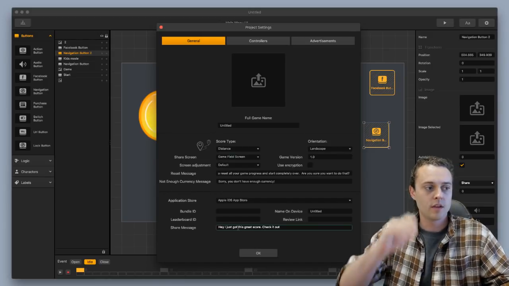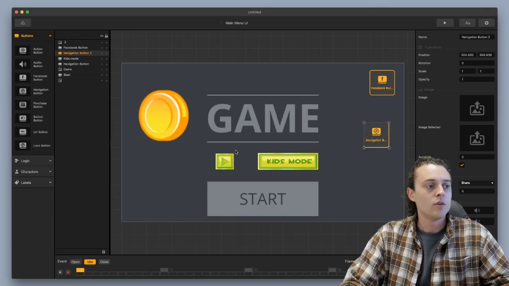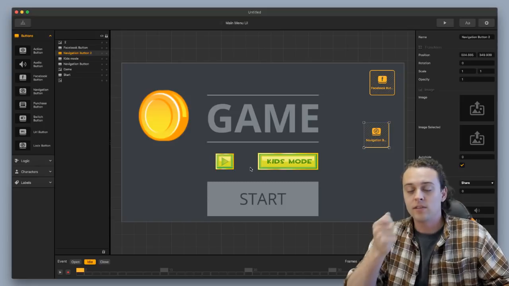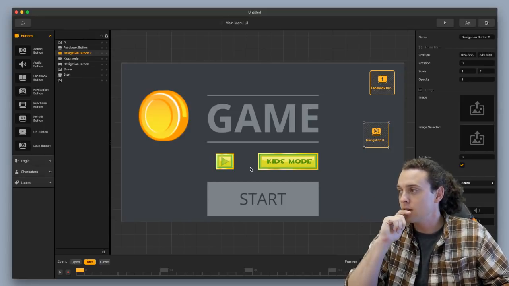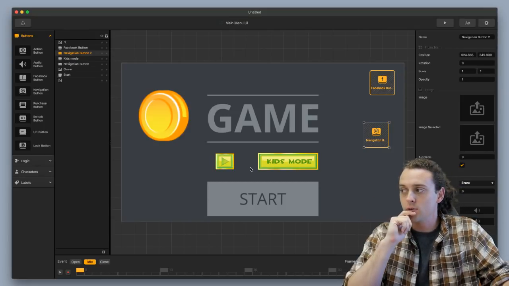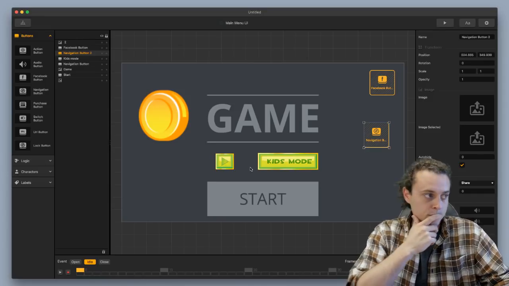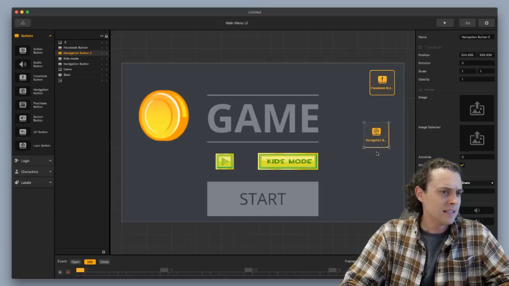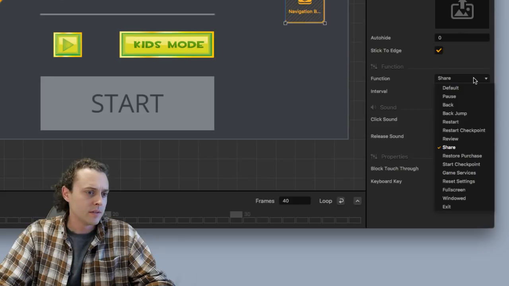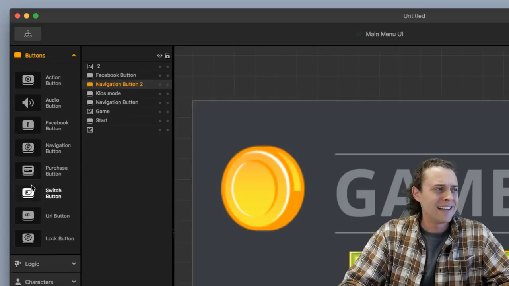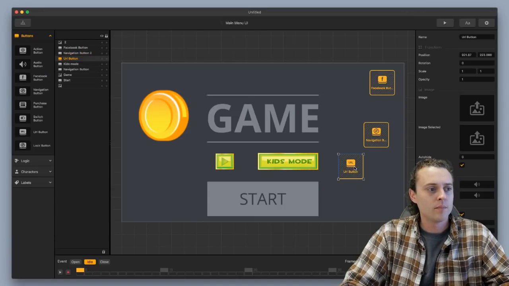Check it out. Okay, and then you have that, and then it'll send that message through text message. Now, what you're asking is to share your high score on social media. Let's see if there's a better way to do this. I think it might be the URL button. Not sure. URL, and then